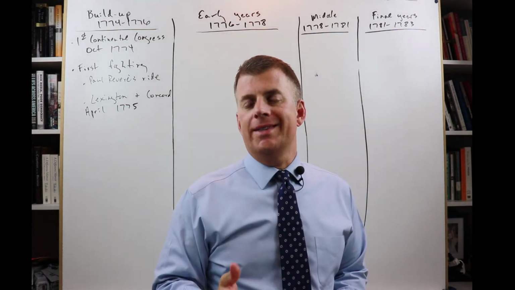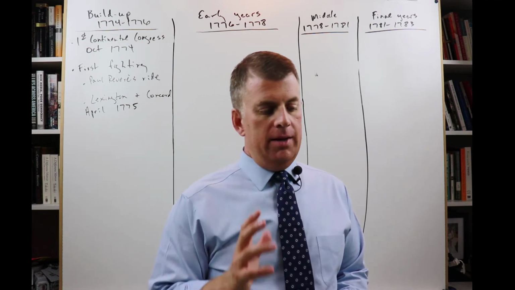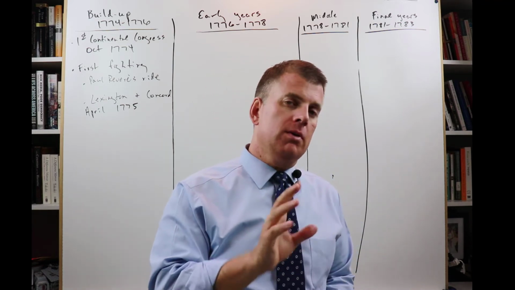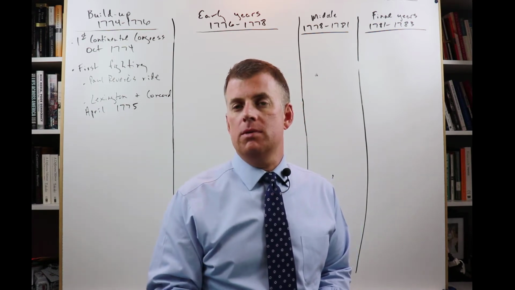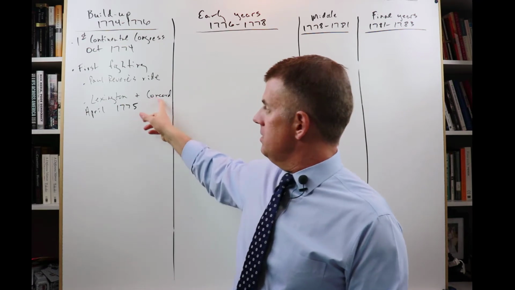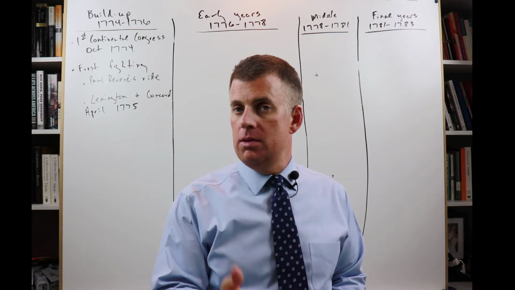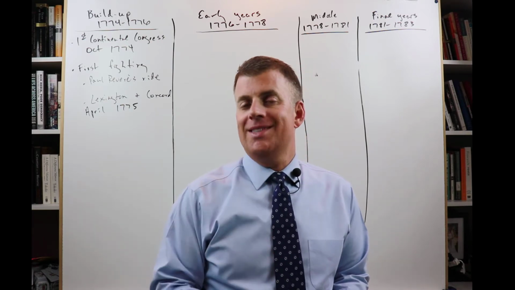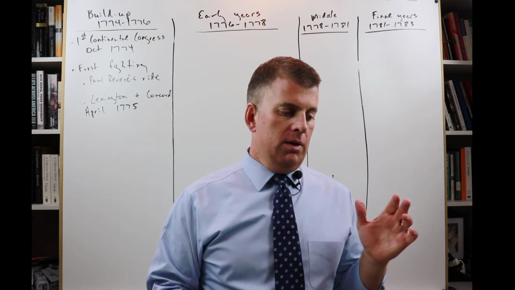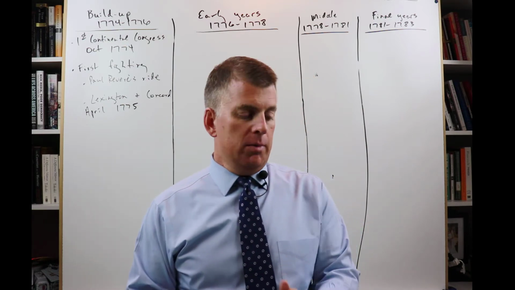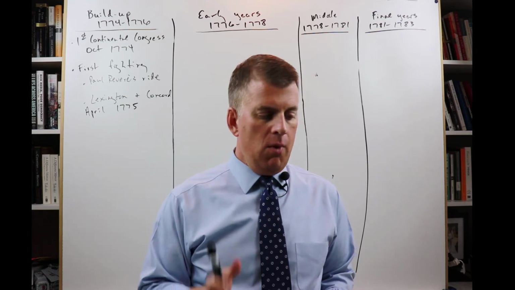Now, King George ignored that petition, that Declaration of Rights. And about the same time, Great Britain learned that the colonies were keeping weapons in the city of Concord. It's a little city. It's about 20 miles outside of the city of Boston in Massachusetts. And the British decided to go and take those weapons. Well, the Sons of Liberty, you've heard me mention the Sons of Liberty, it's Sam Adams' group. They learned of the British plan.